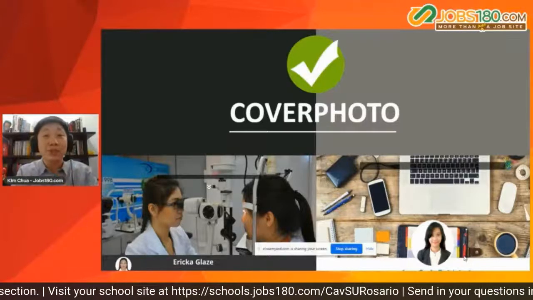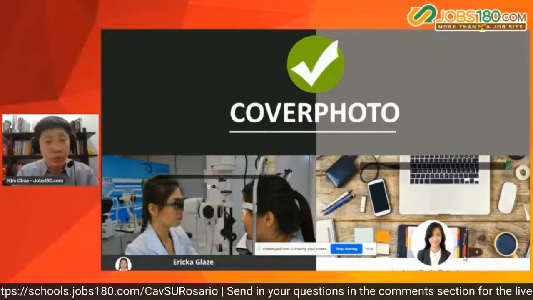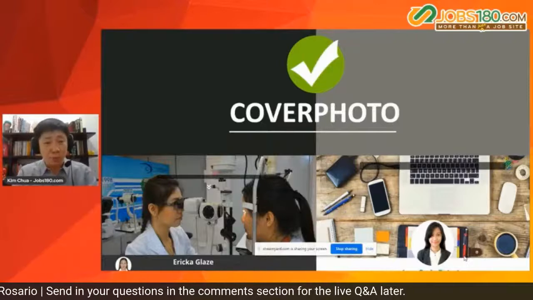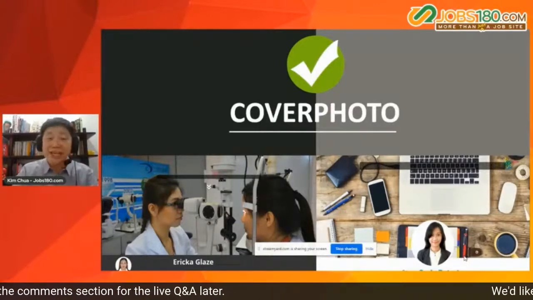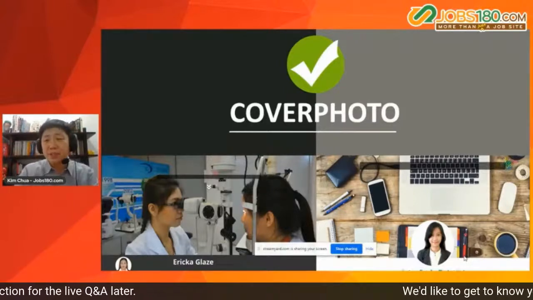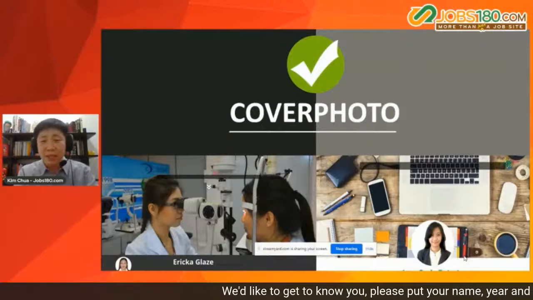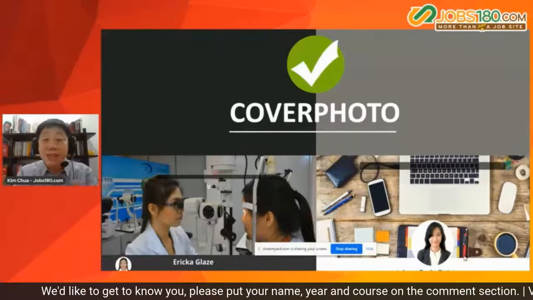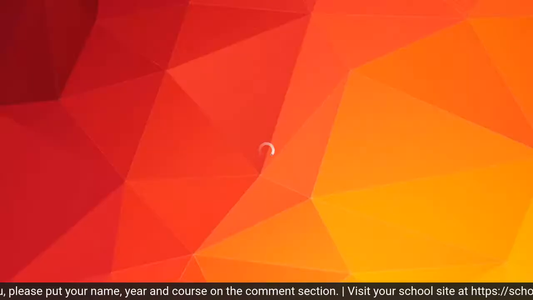Pero pagdating sa picture, kaya mo i-express yung inyong personality. Look at the examples I'm showing you. Look at the one on the left. Ano siya? Isa siyang ophthalmologist or optometrist. Sabi naman ng iba, eye expert. Di ba? Yung sa kanan, ano siya? Sabi ng iba, sir, parang IT. Sir, techie siguro kasi maraming gadget, pati stapler, gadget niya. Di ba? Halimbawa, o sabi ng iba naman, sir, parang makalat. O depende na kung how you are going to interpret it. But now, the way I see it, itong